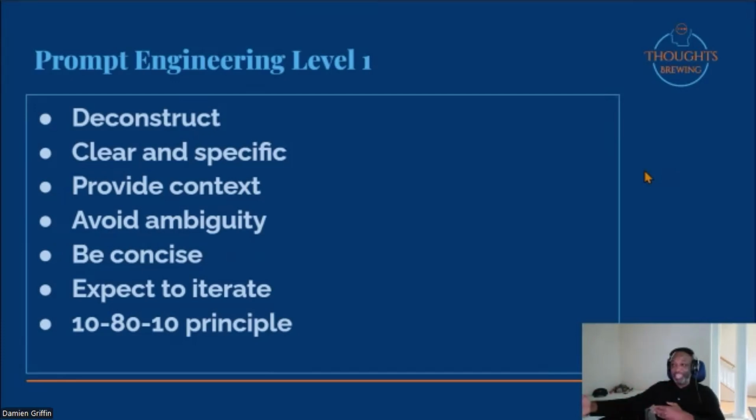But don't expect that you're going to give something to the tool and then use it and you're done. Even if you can prompt it really well, someone else might be able to prompt it really well, and then you'd have the same output. So there's always at least a 10% on the tail end of making this your own. There's more that could go into level one, but if you just do those things, that's honestly more than a lot of people do, because people just go and expect that it's like email and they do one thing and it works perfectly and it's done. This list, just that list, helps you level up.